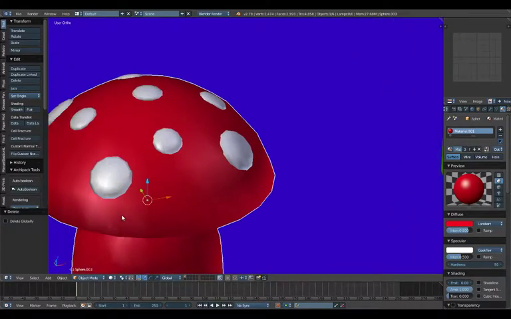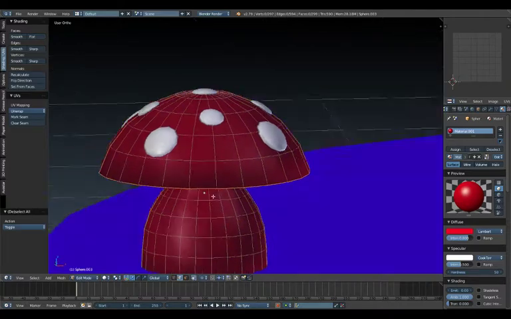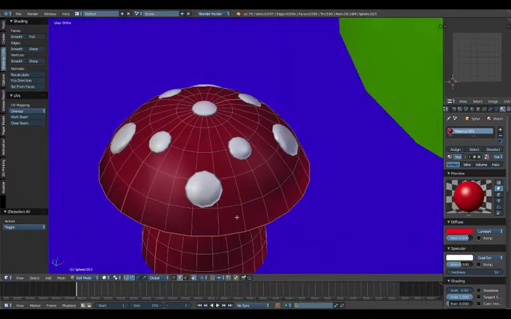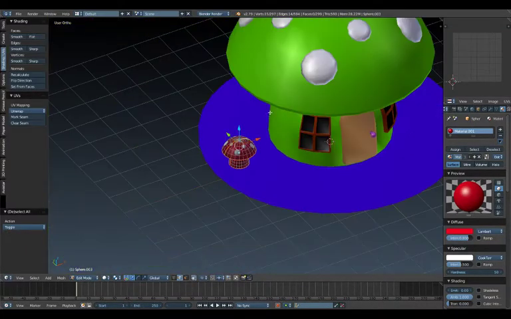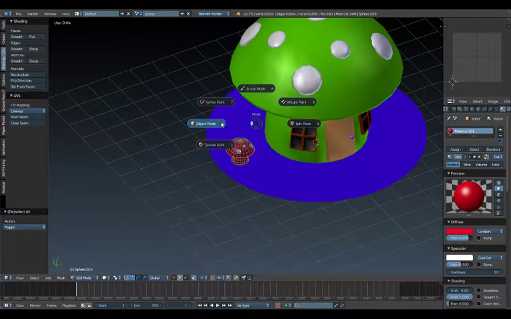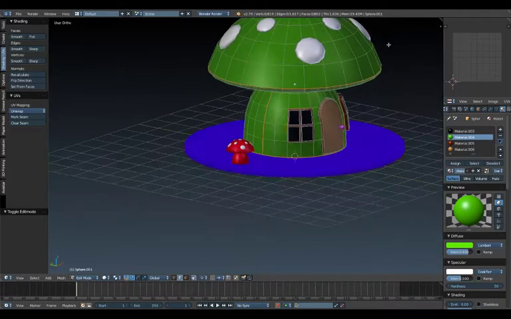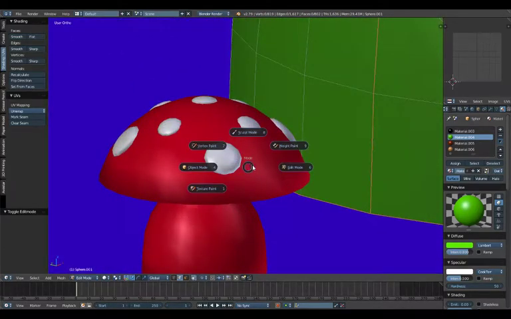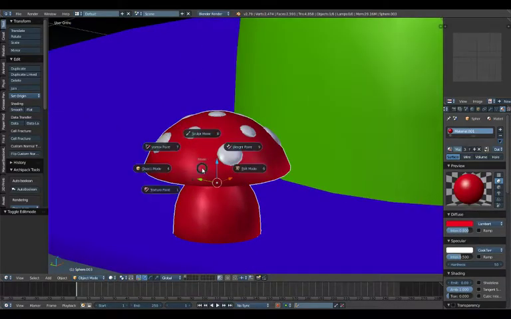So we zoom in on this, and we go into edit mode. And let's take a look. That needs a bit of the old rounded lip too, huh? So we're going to get rid of this seam. Control E, clear seam, that's done. I'm going to back out of here real quick and check something. Okay, that's cool. I was worried about that one. I didn't know if I got the seam all the way across the top. All right, go back into edit mode,